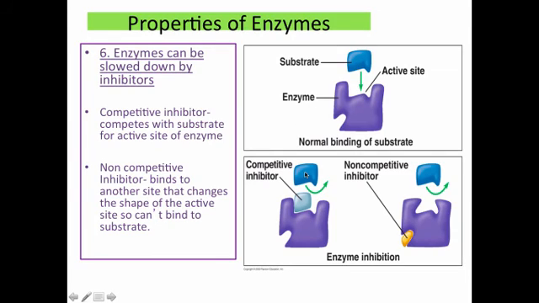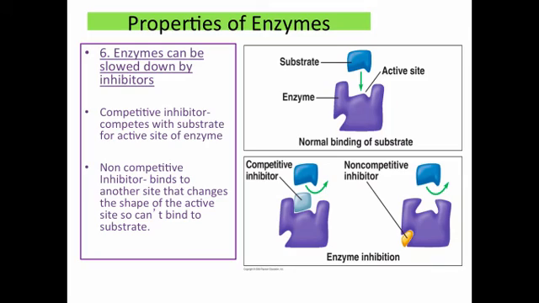Well, a competitive inhibitor is going to actually come in and block the substrate from the active site so that it can no longer bind and the induced fit can cause a reaction to occur. So it competitively competes for the active site, not allowing the substrate and the enzyme to bind together for the reaction to occur. A non-competitive inhibitor is one that doesn't act on the active site. It just attaches itself to another location on the enzyme, causing a shape change,